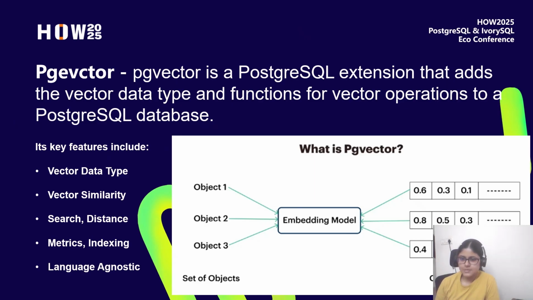So pgvector is the extension on PostgreSQL that helps us convert a normal SQL database into a vector database. And if you can see here, these are the objects that get into the embedding model and converted. And unlike other vector databases, say for example Pinecone, Weaviate, and all of those that are present,